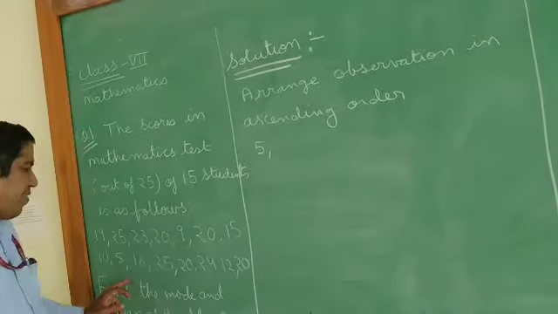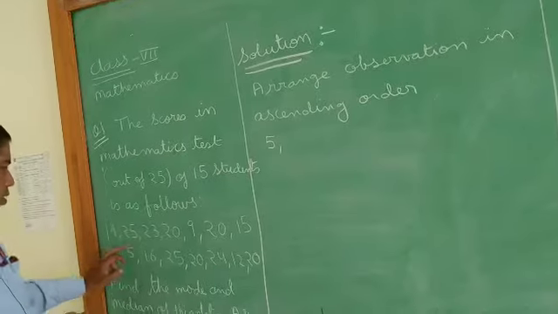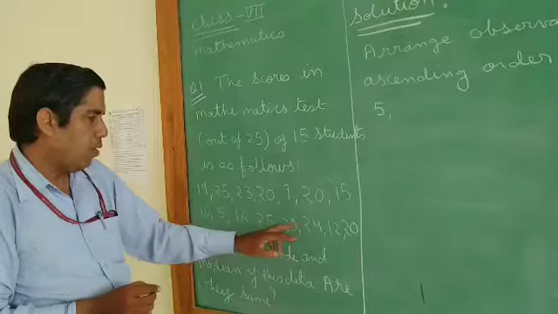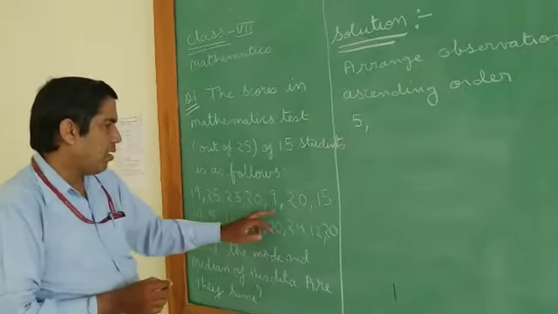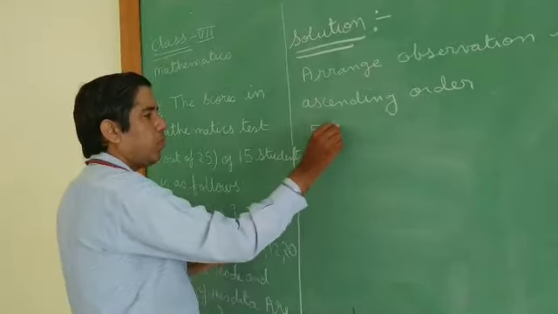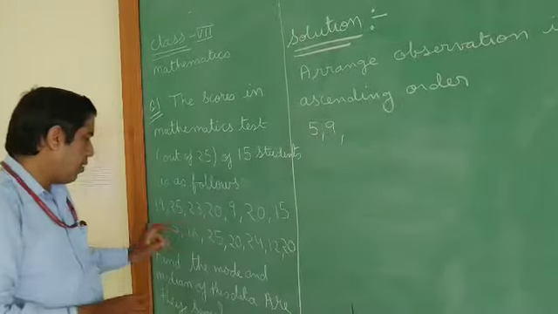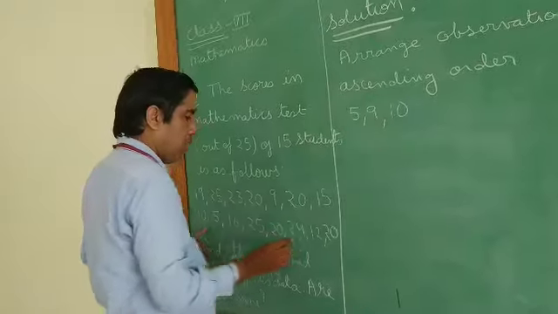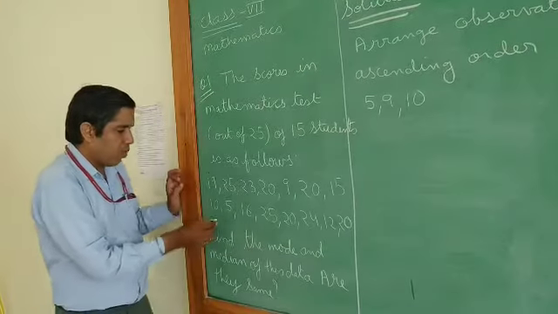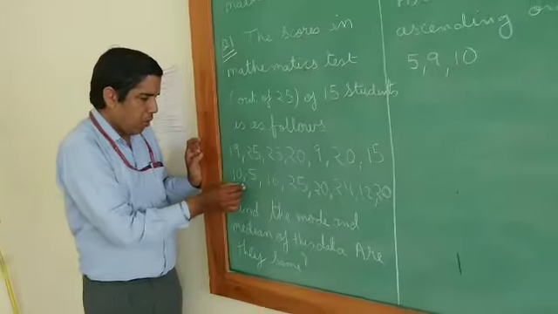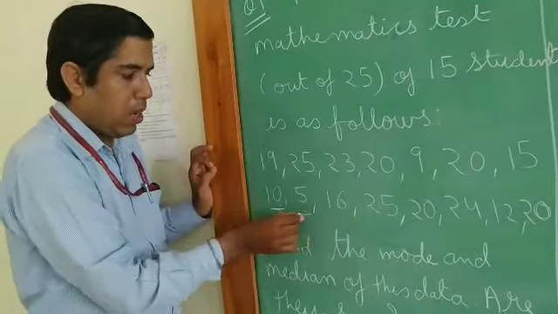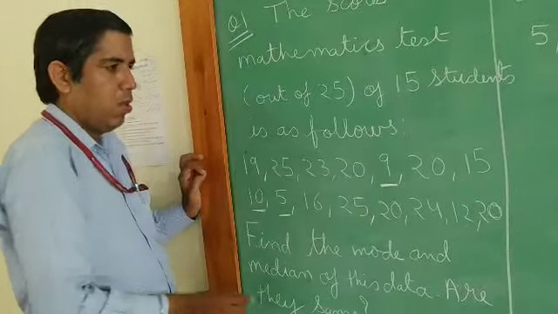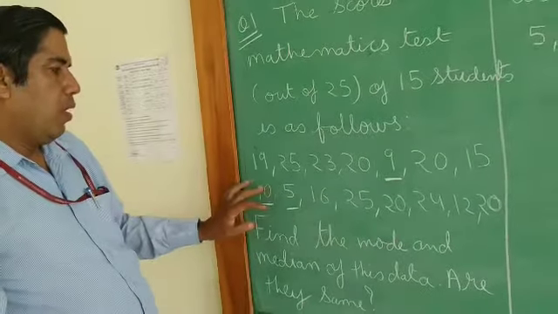Then what comes here? 6 is there? There is no 6. You can see 7 is there? No. 8 is there? No. But 9 is there. Yes. So 9. Then comes 10. Yes, 10 is there. I am going on cancelling whichever I use, so I am just taking a tick mark below this. So 5 is used, 10 is used, and 9 is used.